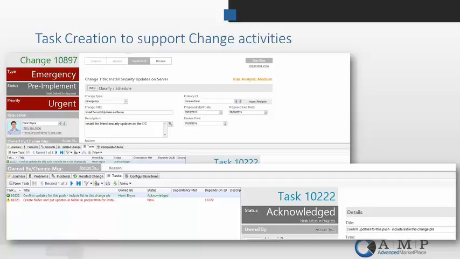And a third way that we've seen people use these is by having automated tasks. If you're familiar with Cherwell Request Management, you know that, for example, the onboarding process has some very formal tasks that are there as soon as you open up that type of request. So Cherwell can easily do that: if you say that you have a certain type of normal change, certain tasks are generated as part of that change itself.